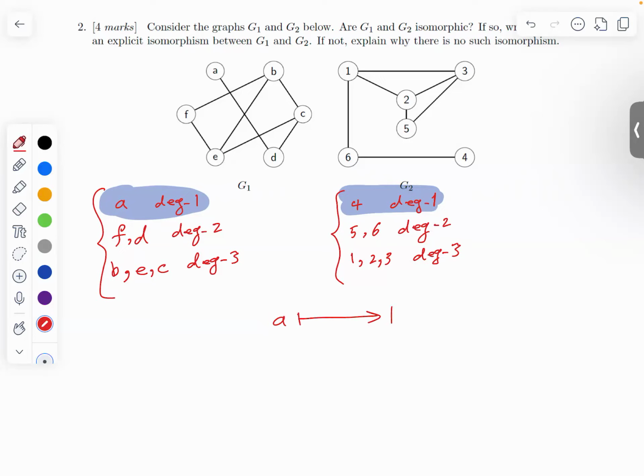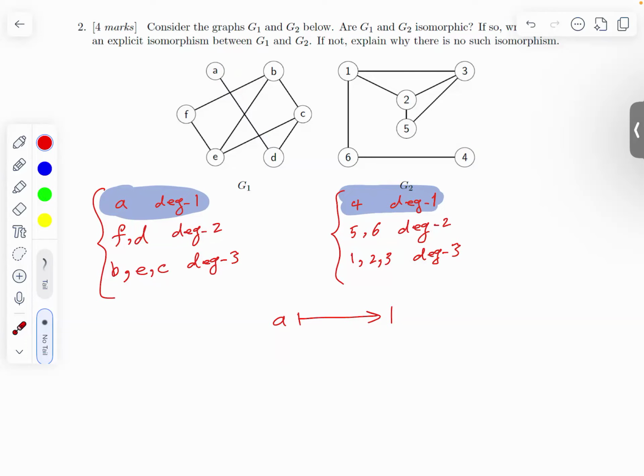A is degree 1, and this is degree 1, so they must be isomorphic. So the function should map A to 4. A goes to 4. So to construct the isomorphism, we need